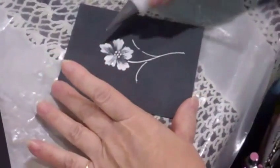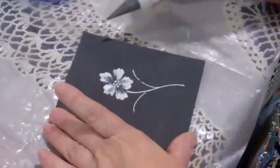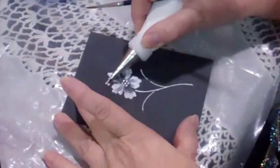I only do 3 things. I either do dribble, catch, and pull, which is this, lines, or dots. So there, the dots are the center of the flower. So if I come up here and I go 1, 2, 3,